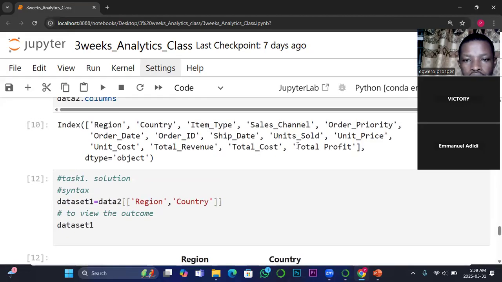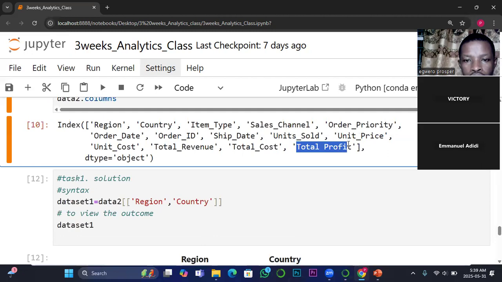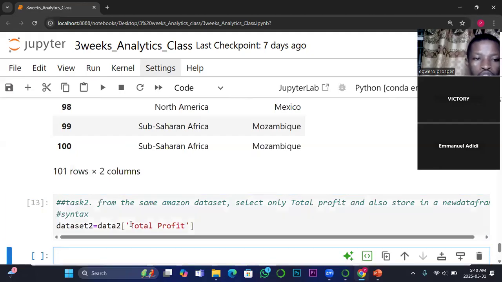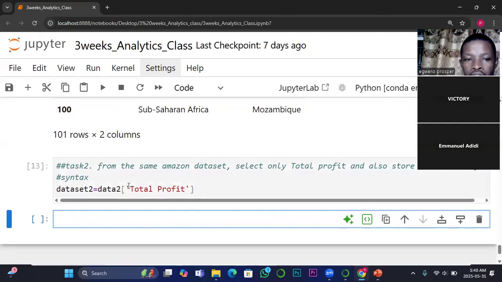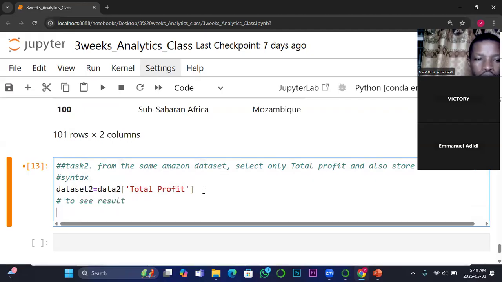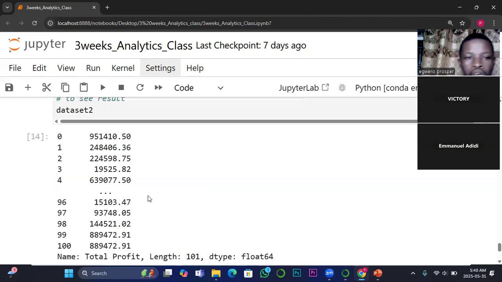this, Control C, and then paste. I use just only one square bracket because I am referencing only one header. So now, as usual, to see my result, simply type data set 2, and then run it. So we have them